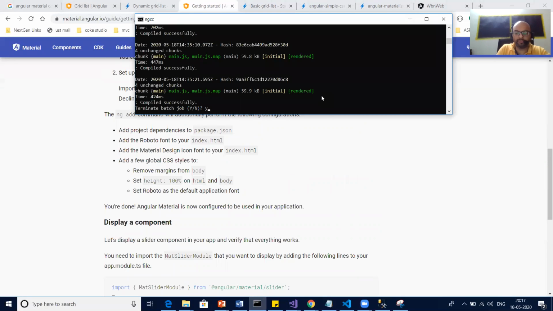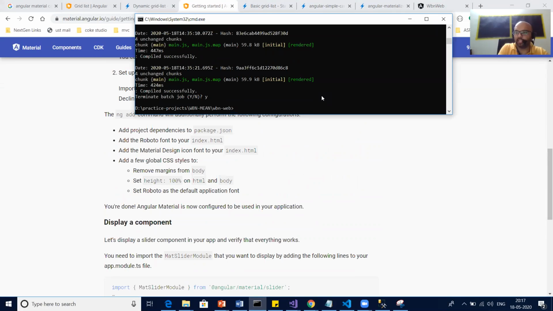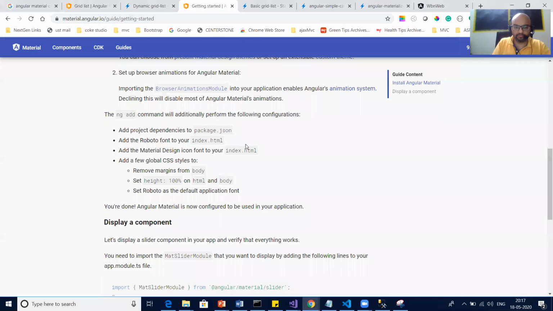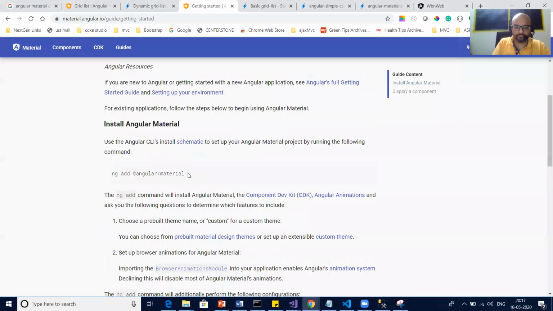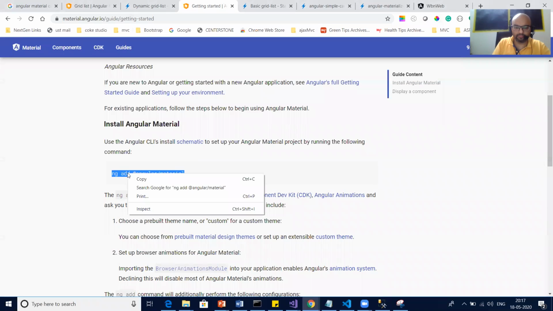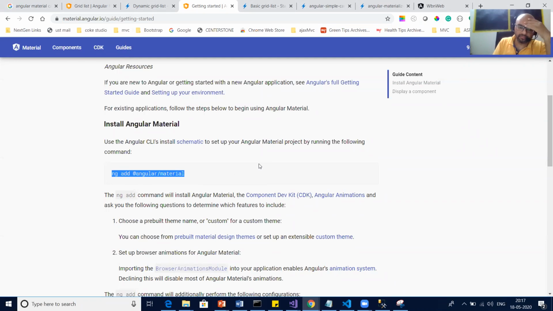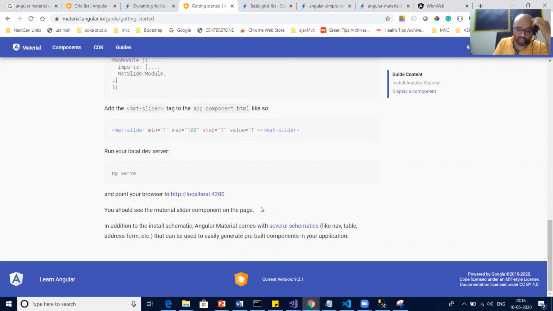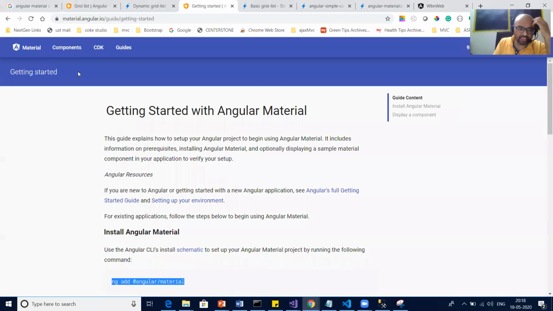So the command is, first of all, kill your server because your server is already running, right? Are you sure like this? No, I guess something we have to install. I'm not convinced with this getting started.